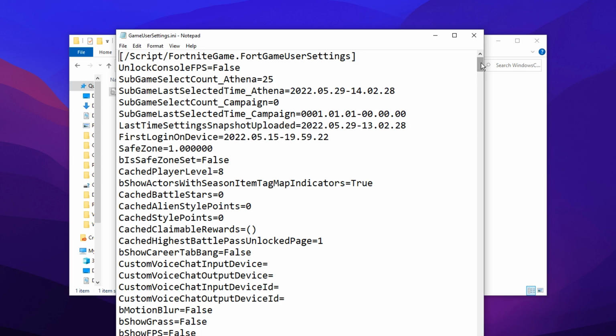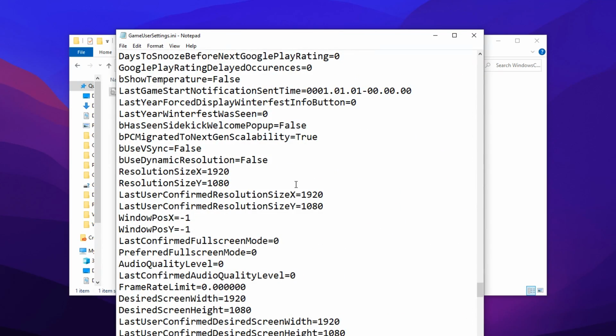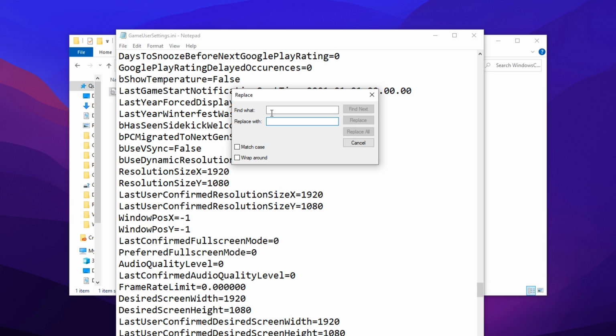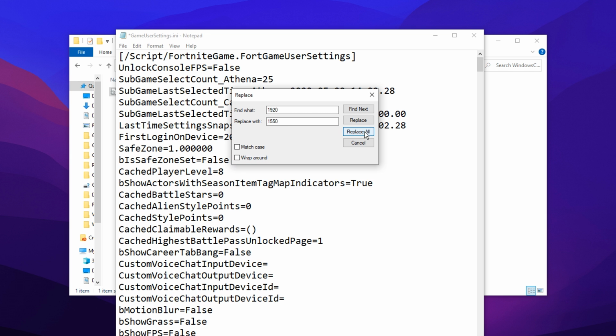Go into here, guys, and then you can either manually scroll down and customize your stretched resolution manually, but a really quick way to do it is to go edit, then replace, or press Ctrl H, and then inside of the replace box right here, you want to find 1920, that's the X value, and you want to replace that with our desired X value, which is 1550. Press replace all, and then